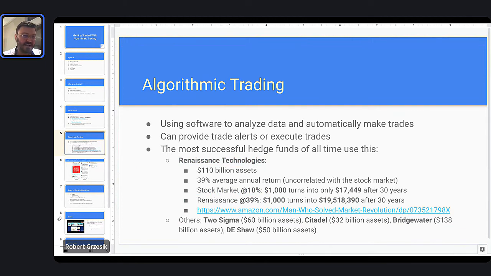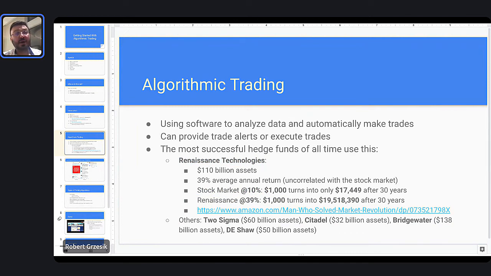I get asked this question all the time. If algorithmic trading is so profitable, why doesn't everyone do it? The answer is everyone is doing it except for you. That's the truth. If you go to a lot of hedge funds, a lot of these large shops of prop traders, most of them are using software and data analytics and tools that you do not have access to.